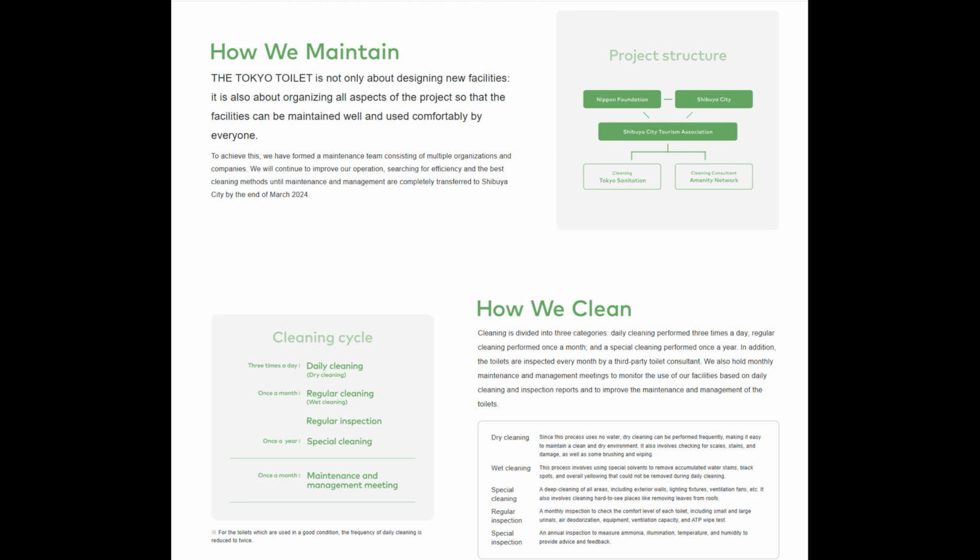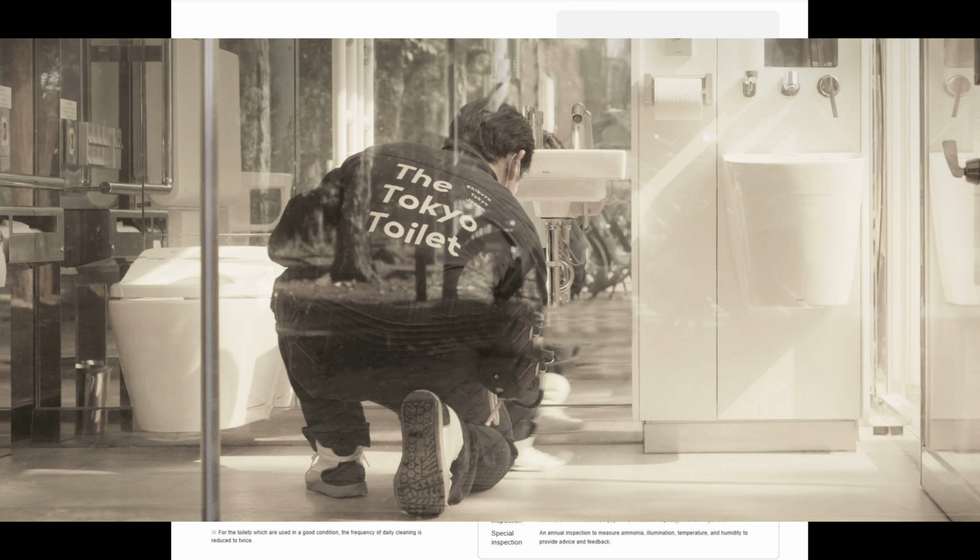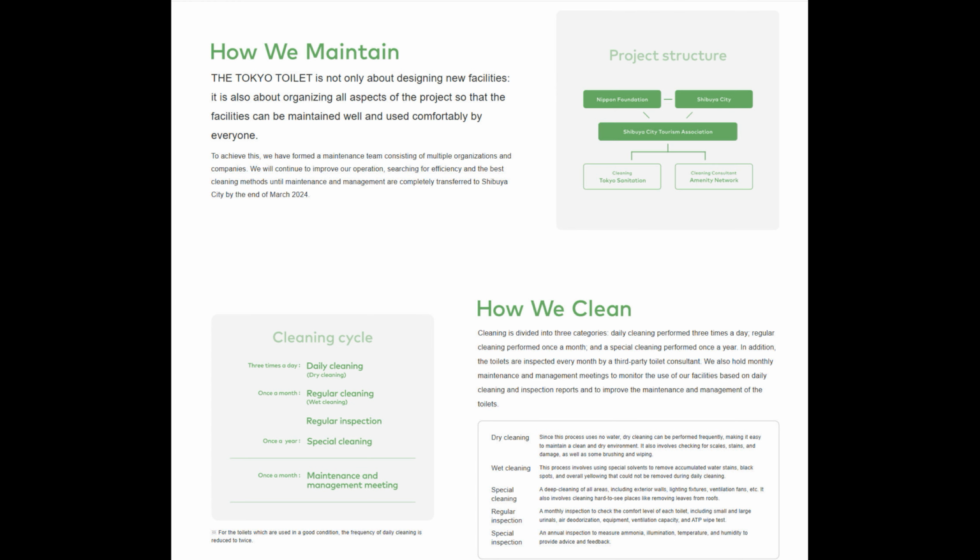Maintenance of the toilets was initially supervised by a 3-party agreement including the Nippon Foundation, the Shibuya City Government, and the Shibuya City Tourism Association. The toilets are also inspected by professional toilet consultants to improve maintenance procedures. Cleaning is divided into 3 categories: daily cleaning performed 3 times a day, regular cleaning performed once a month, and special cleaning performed once a year. In addition, the toilets are inspected every month by a third-party toilet consultant. There are also monthly maintenance and management meetings to monitor the use of the facilities and improve the maintenance and